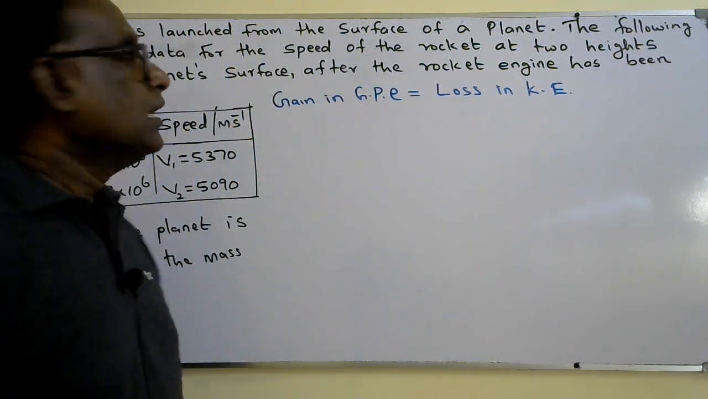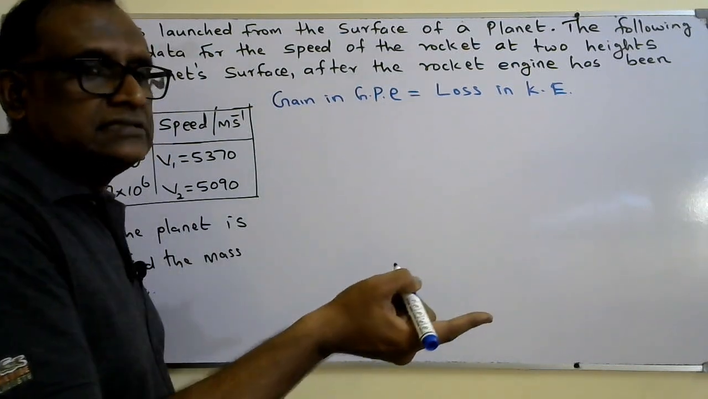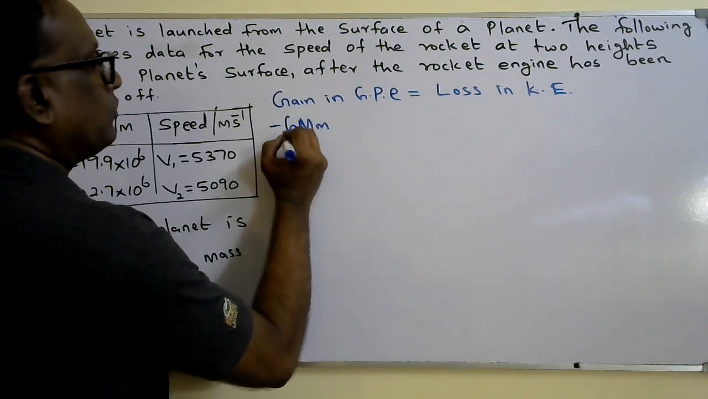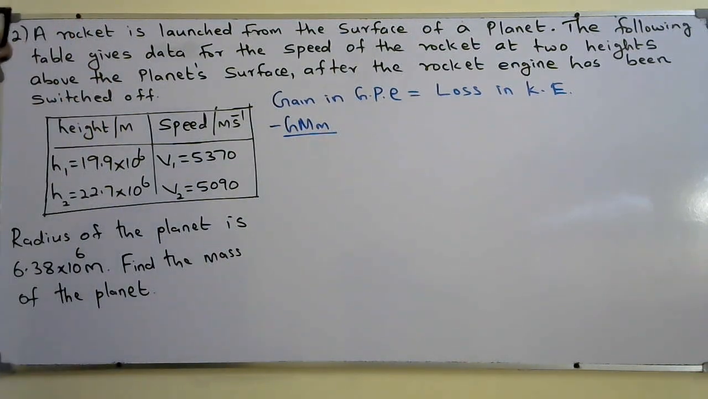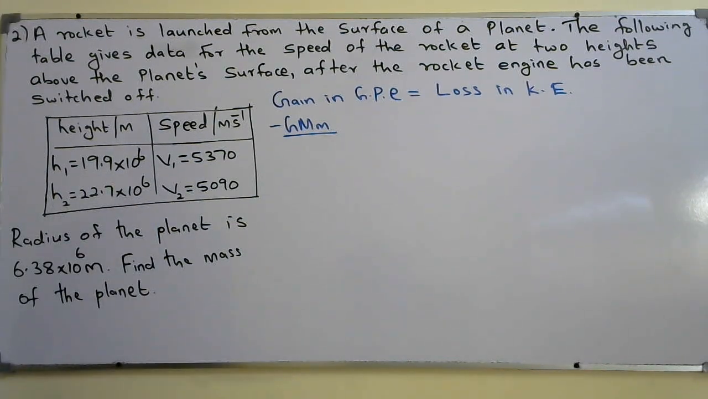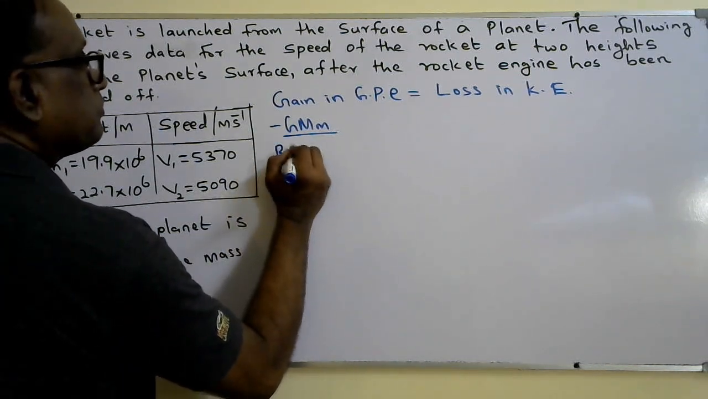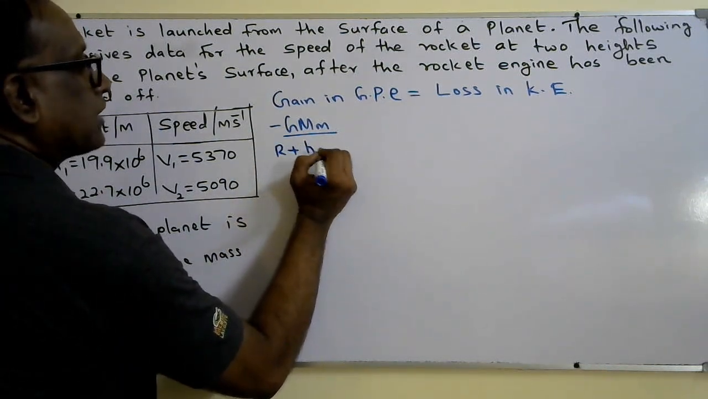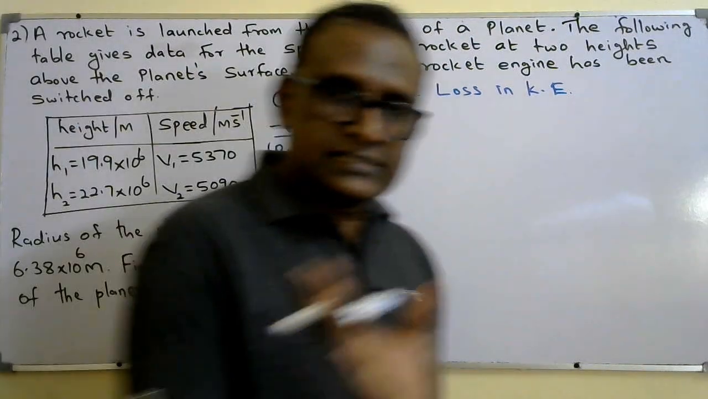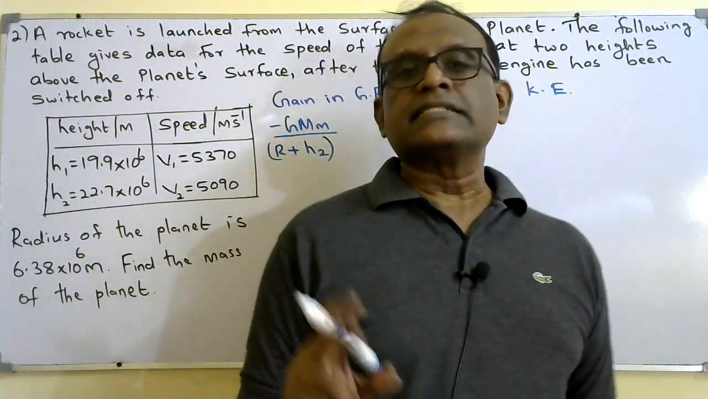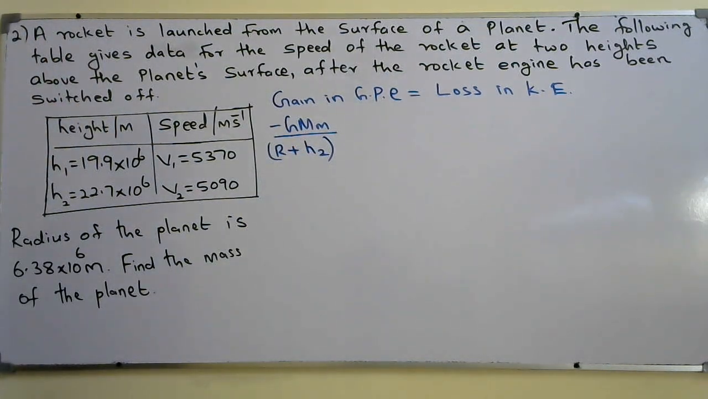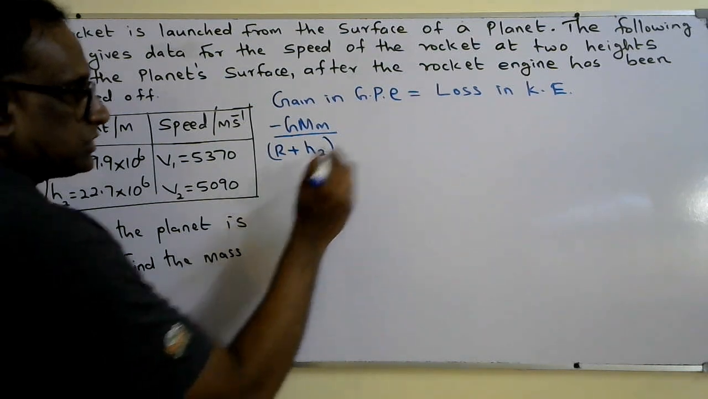So that is minus GMm over r2. The r2 is height h2 plus the radius of the planet, that is, r plus h2, the radius of the orbit when it reaches the height h2, because all the distances should be measured from the center. So these are the heights above the surface of Earth. So minus GMm over r plus h2 minus GMm over r plus h1,